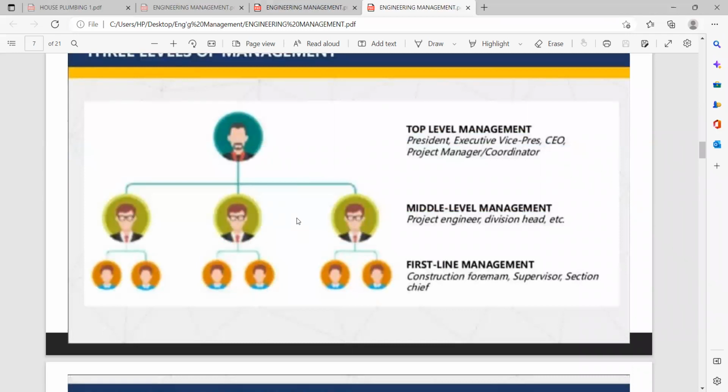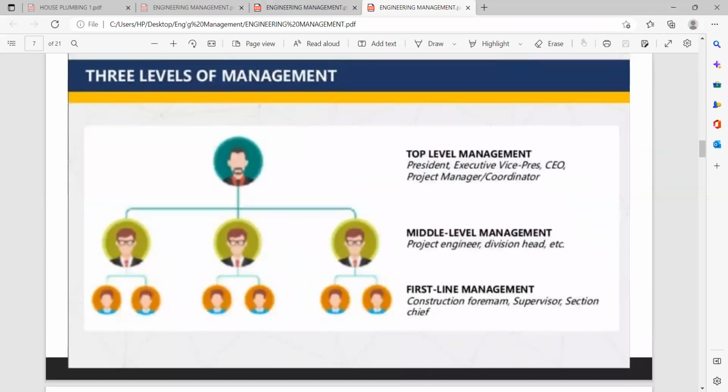Okay, so we have here yung kanyang organizational chart of these 3 levels of management. So again, we have the top level management. Here, si President, Executive, Vice President, CEO, or yung ating project manager or coordinator. Kung ito siya, if ever man na hindi magi-involve si owner dun sa company. Meron namang ganyan eh. Kumbaga ano lang siya, financial aspect yung sa kanya